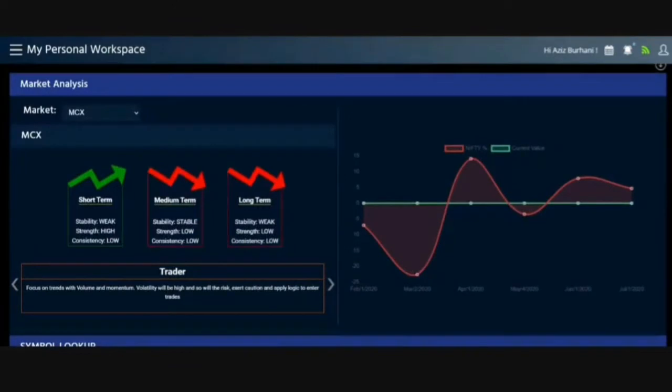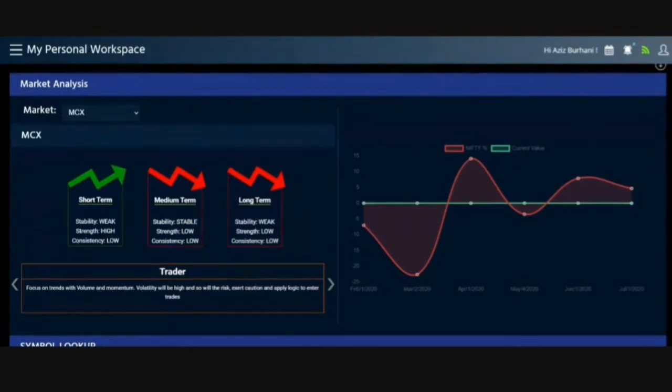In the mobile view, you will see one tile below the other because of the space constraint, because of the screen size. Just like on the computer you see one tile next to the other, in the mobile you will see one tile below the other. If you have five things, then they are all lined up one below the other. Okay? So we will start with the market analysis.